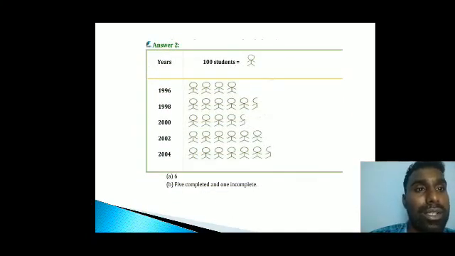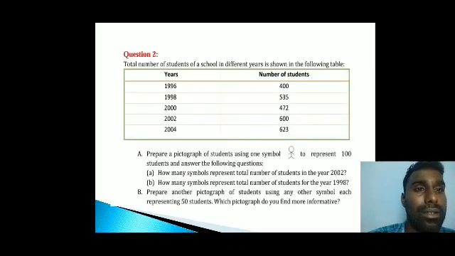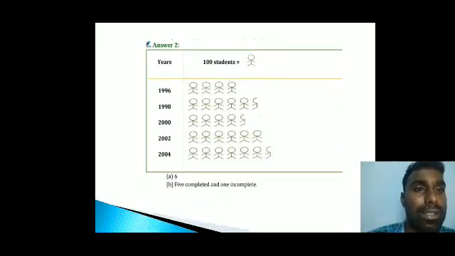And see here, wait, 623. So that means 1, 2, 3, 4, 5, 6. So 5 completed, not 6 completed, okay. So please change it. It is not 5 completed. 1, 2, 3, 4, 5, 6. So 6 completed, and then the remaining incomplete picture. So just change the answer. Actually I put 5. So it will be 6 and 1 incomplete.